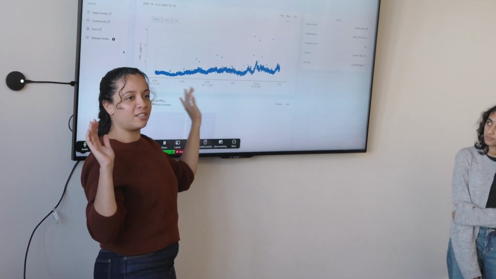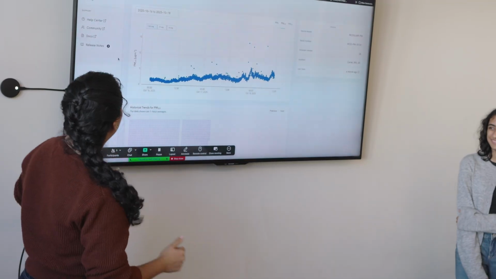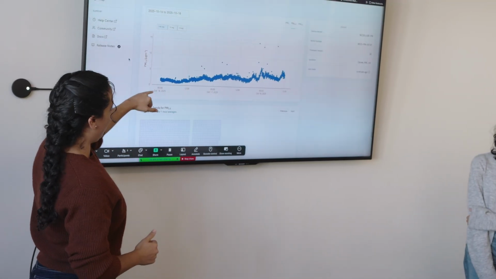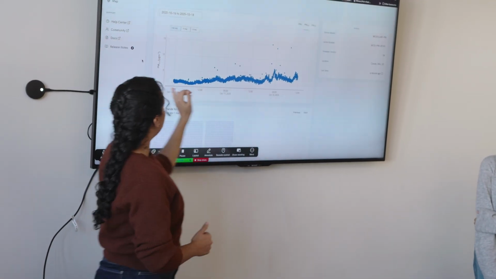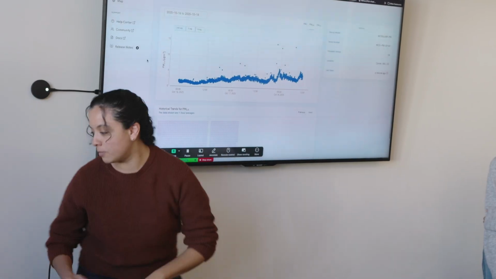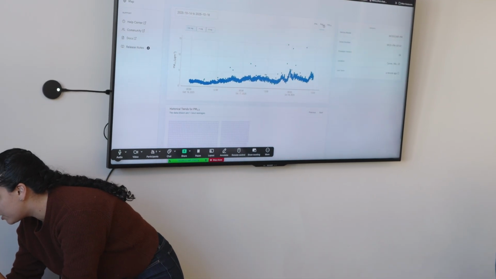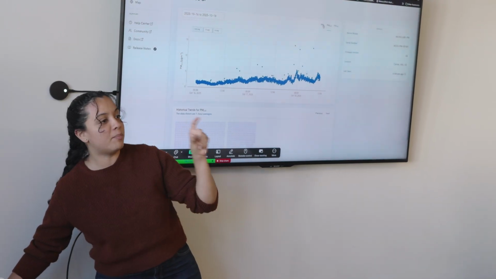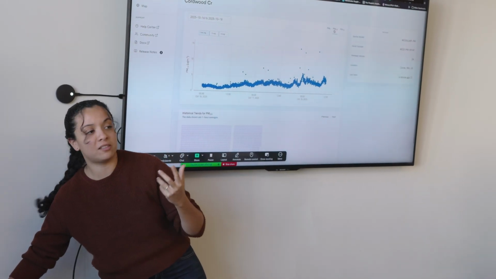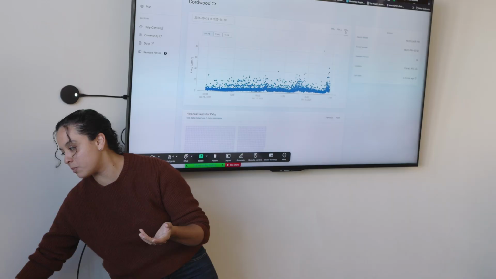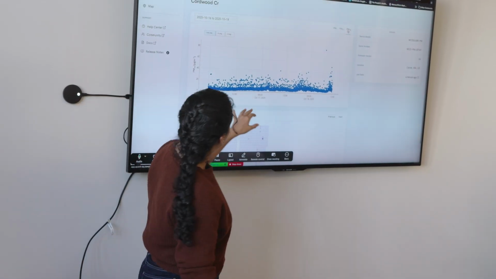Has any of you seen a time series before? Great, love it. So what this graph is showing you is time on the x-axis and the concentration of PM 2.5 on the y-axis, but let me switch it, which I'll show you how to do up here. So PM is the size of the particle, and for dust or sand, you always go for the biggest one, which is PM10. So this is what the PM10 data looks like.